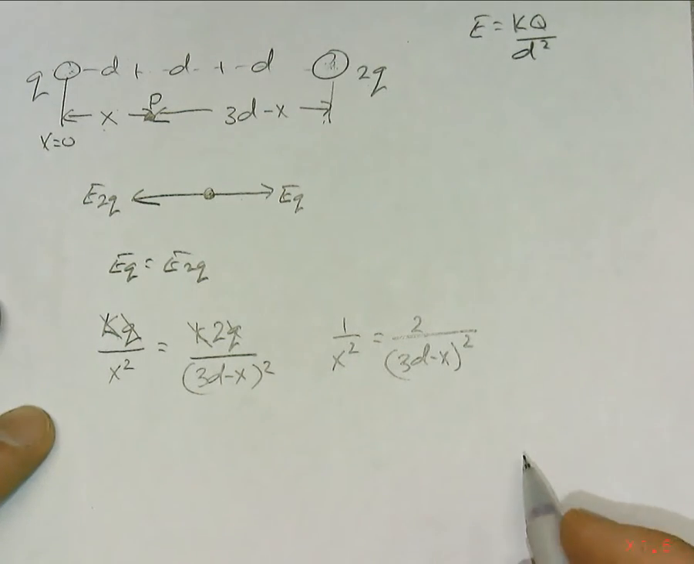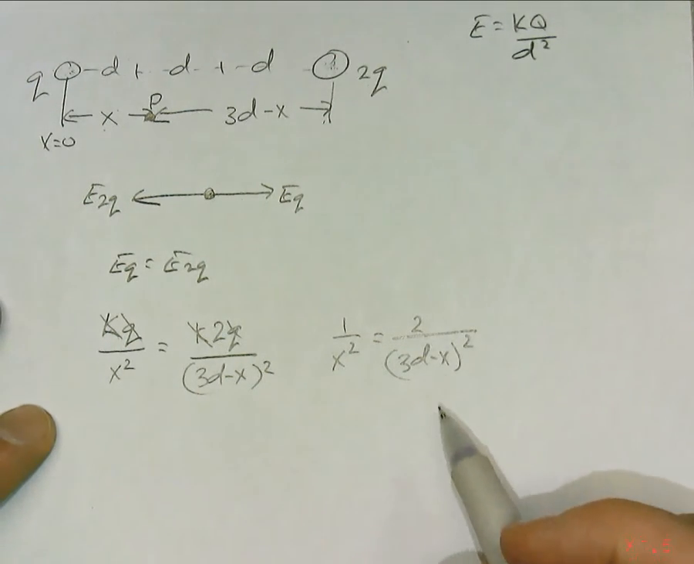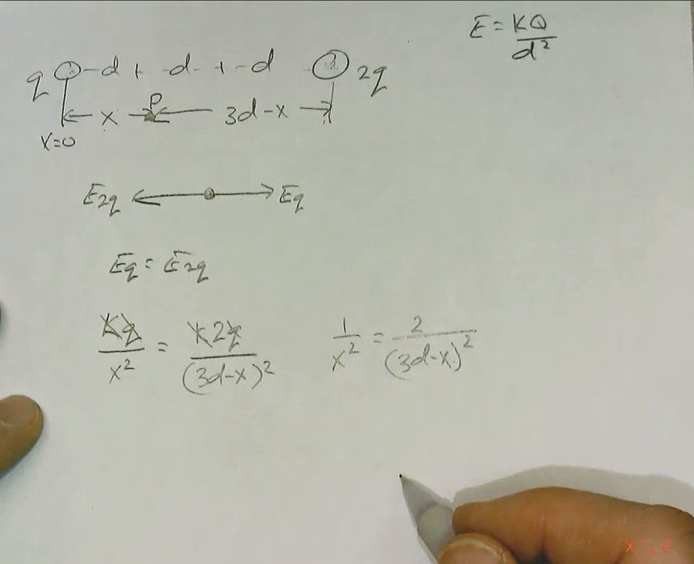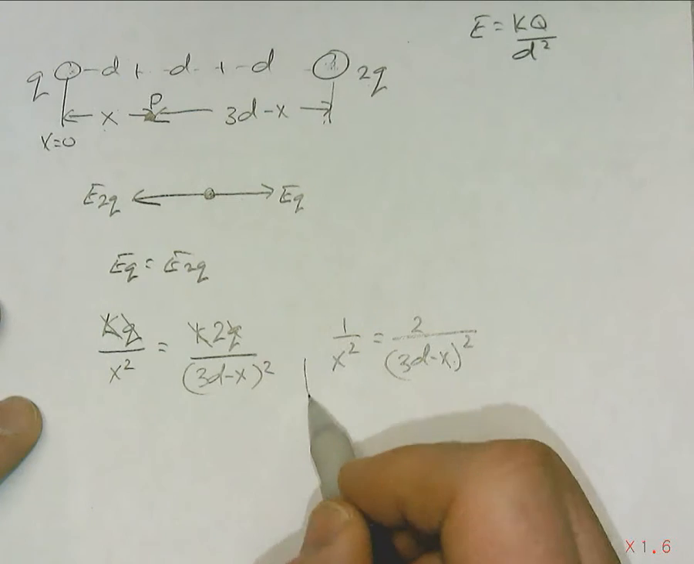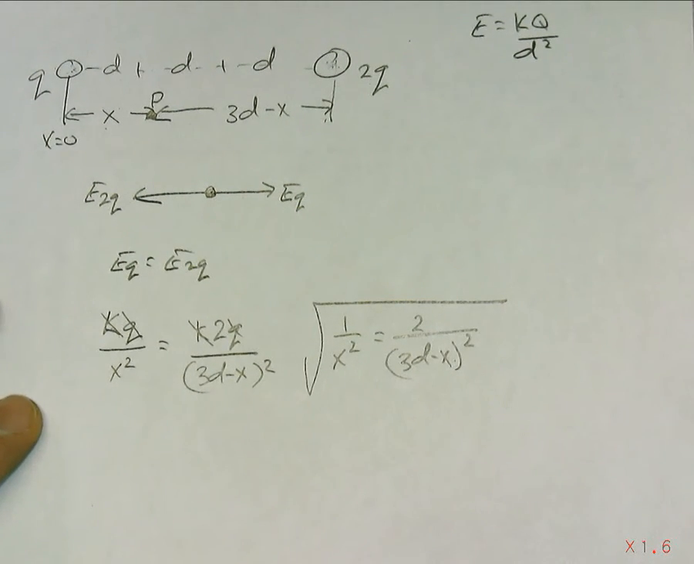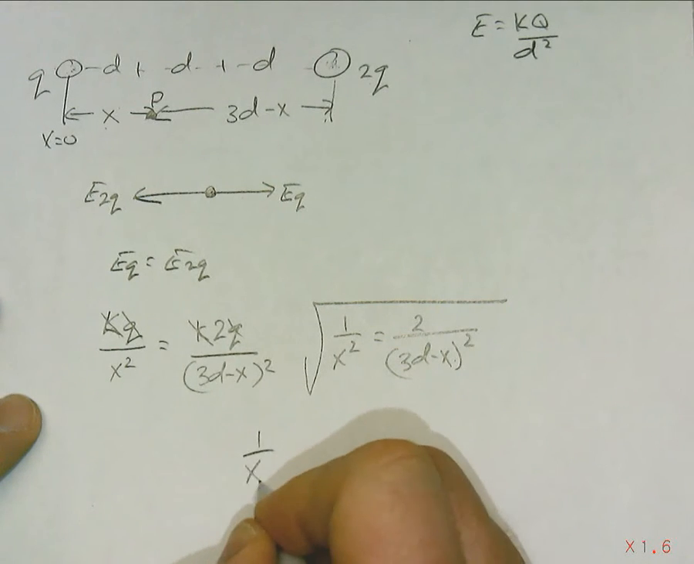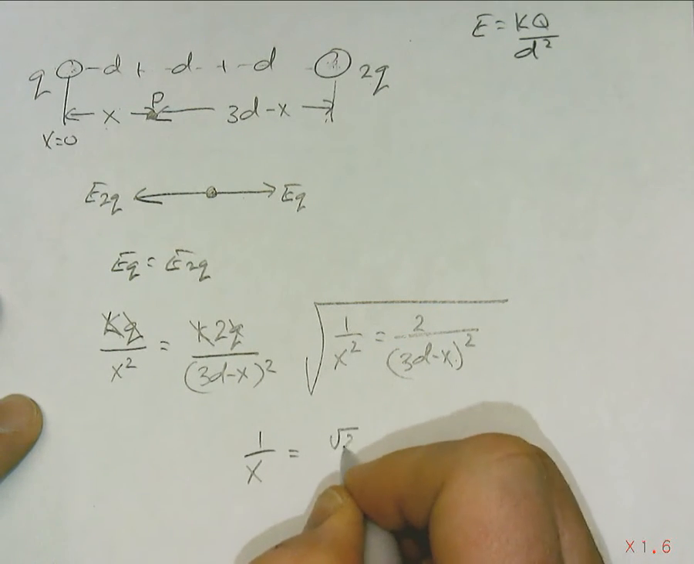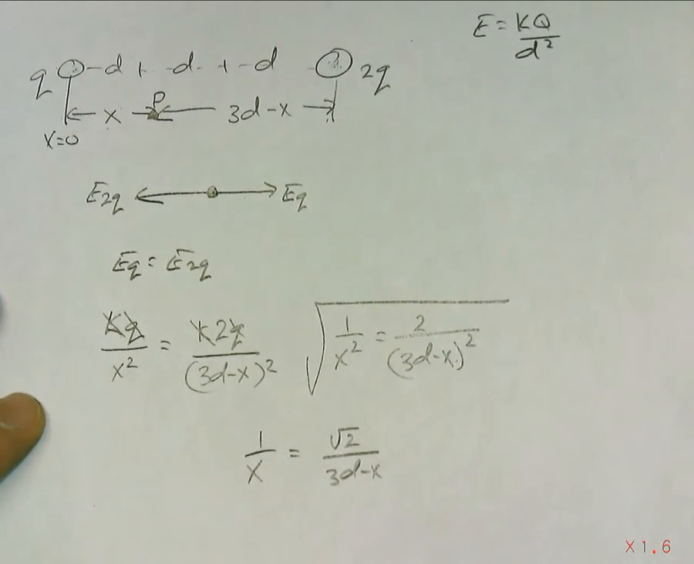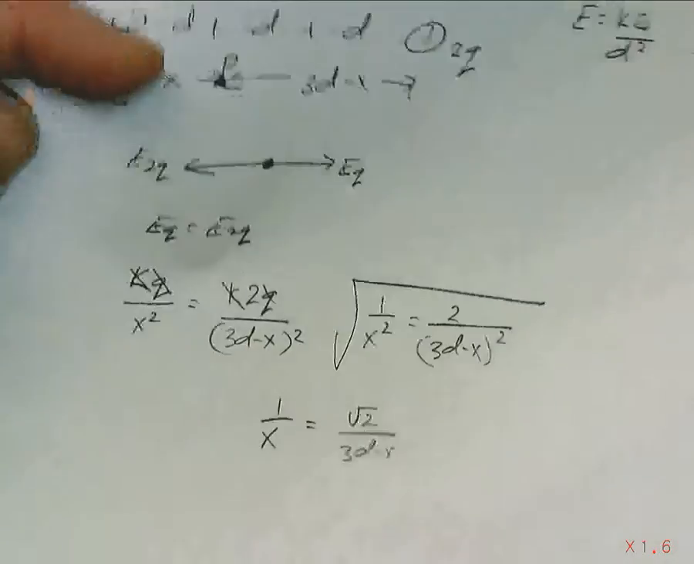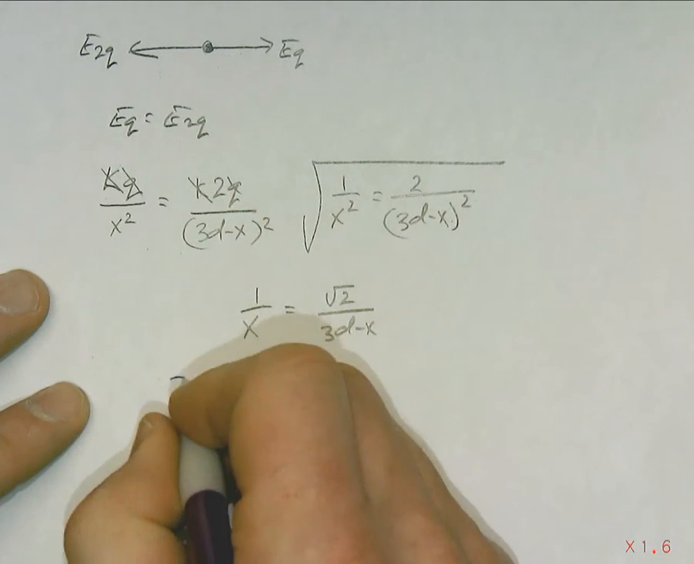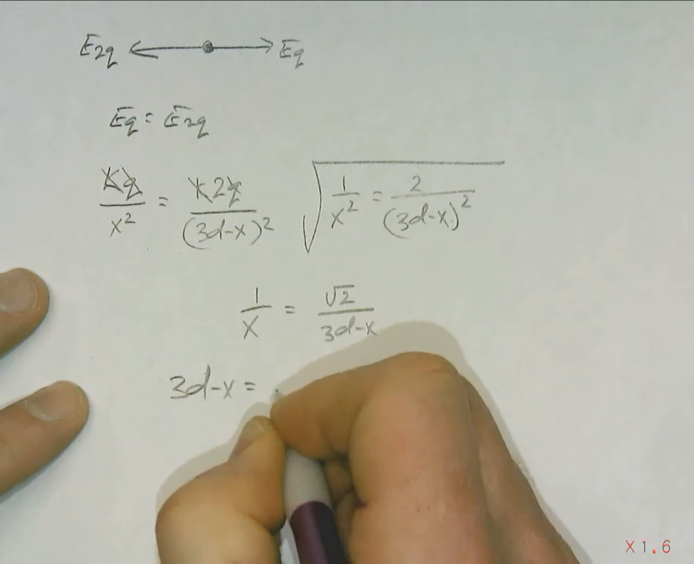Now it looks like that might be a quadratic equation, because we got x in 2 places and it's squared. However, this problem becomes very easy when you realize it's begging to be rooted. Square root the whole thing. That gives us 1 over x equal to the square root of 2 over 3D minus x. Isn't that nice? Yes, it is. And so now we can just cross multiply, and we get 3D minus x equal to